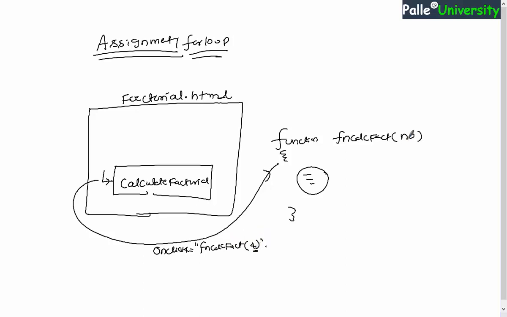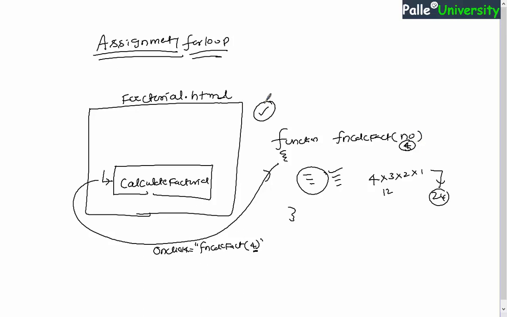Okay. So when some value comes into this number variable, maybe in this case 4, your function has to calculate the factorial for this number, that is 4 into 3 into 2 into 1. I think everyone will be knowing about factorial. So what is the result? 4 3s are 12, 12 into 2 is 24, right? In case the number is changed over here, accordingly the output has to change. I believe you understood. I recommend you do this assignment on your own.